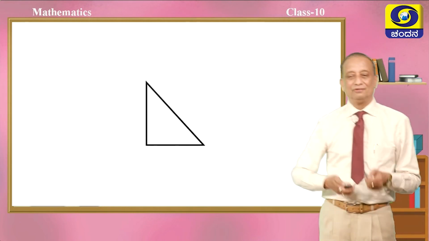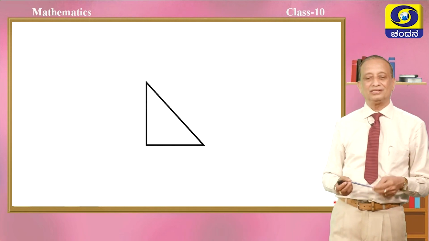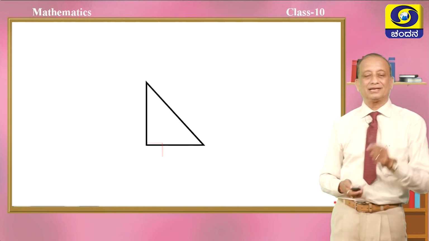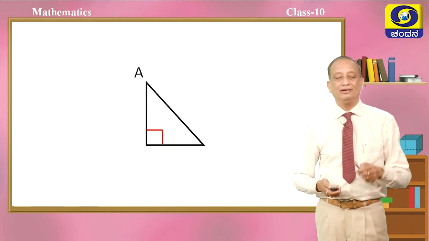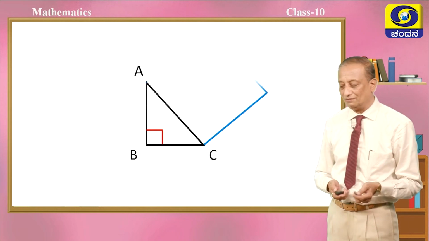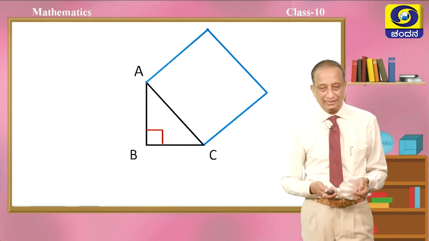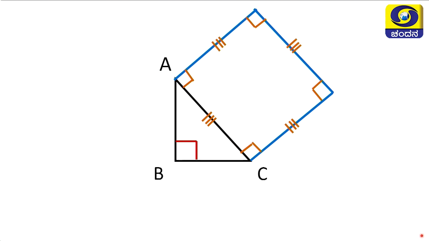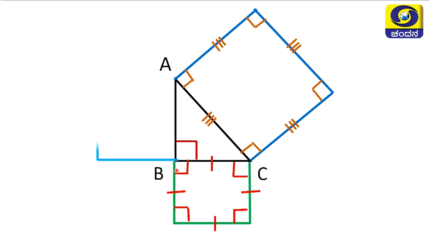With this, we have understood almost all the theorems given under the similar triangles chapter. Let us try to apply this now in various cases. So here is a right angle triangle ABC in which angle ABC is equal to 90 degrees. AC is the hypotenuse. So imagine a square like this, children. Square means all the sides are equal, all the angles are equal. So another square on BC and similarly another square on AB also.